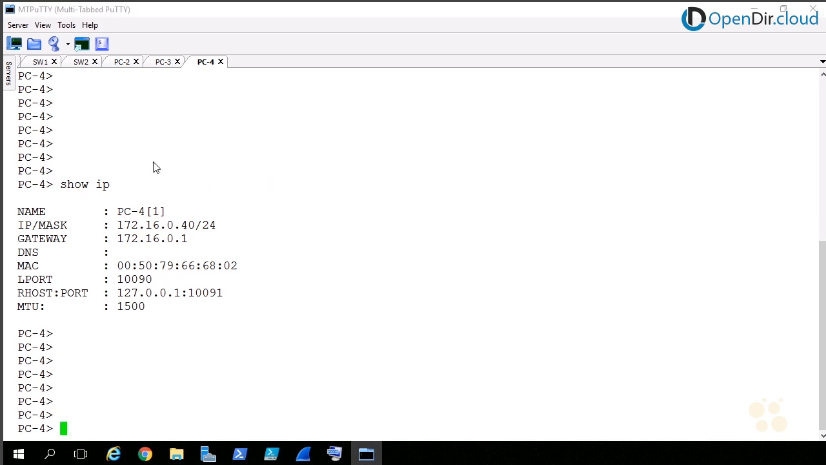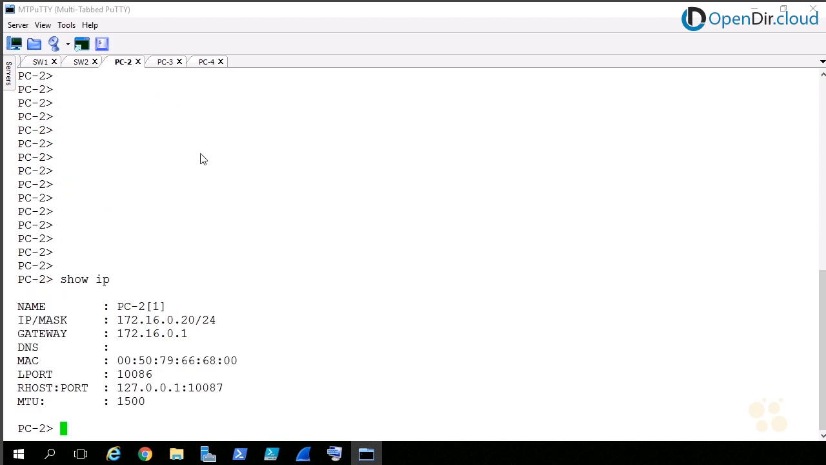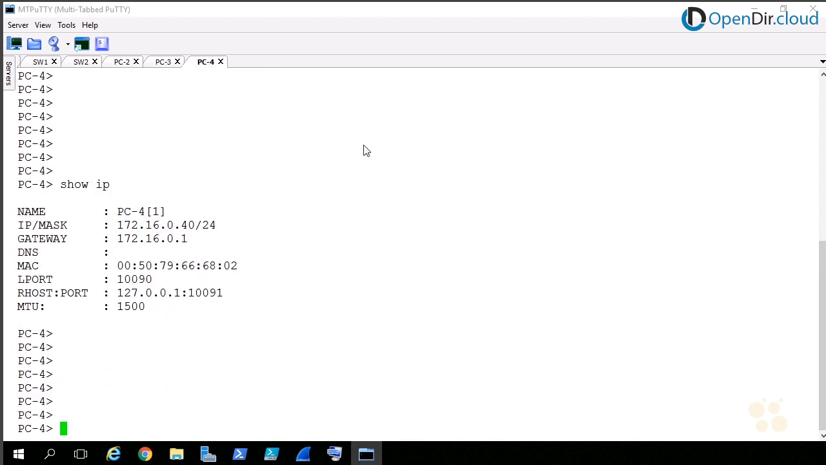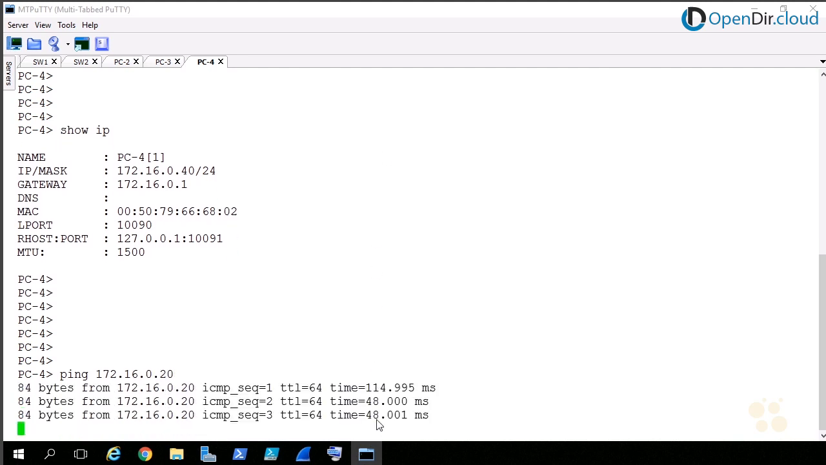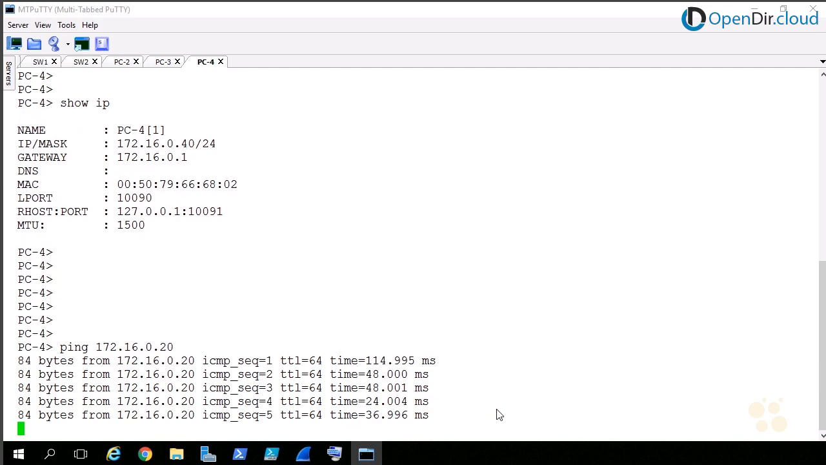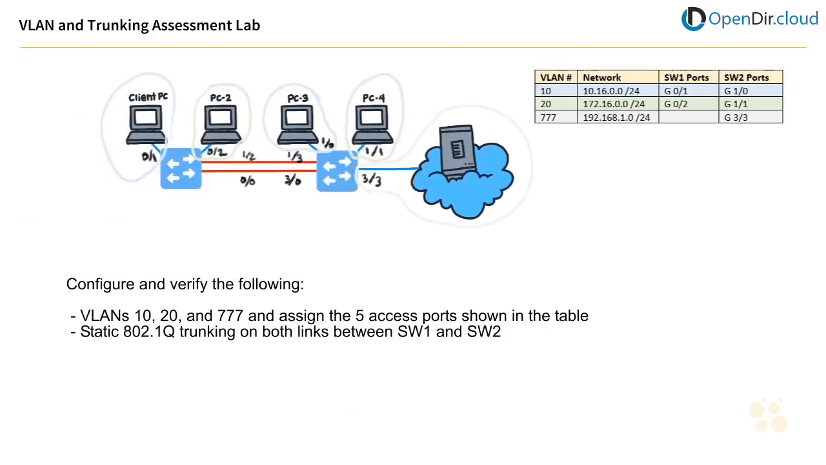Here on PC4, on this virtual machine, if you do a show IP, it verifies the IP address. And I just want to verify the IP address on PC2, and it is 172.16.0.20. So let's verify we can do that ping from PC4. We'll do a ping to 172.16.0.20, press enter, and survey says we've got connectivity, and that connectivity is going over the trunk. So in this video, we did a verification